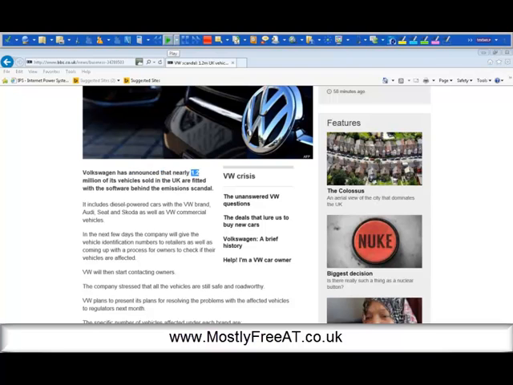Volkswagen has announced that nearly 1.2 million of its vehicles sold in the UK are fitted with the software behind